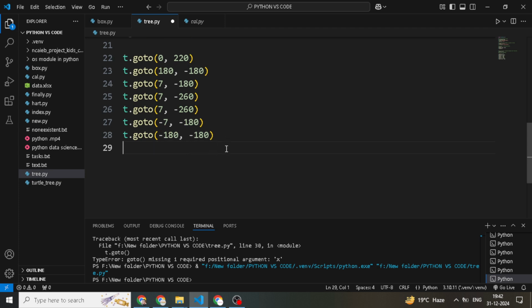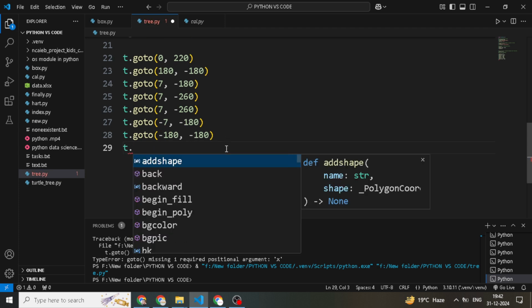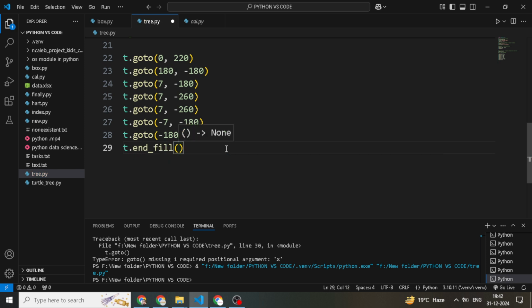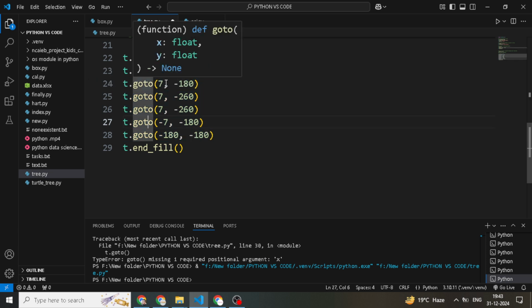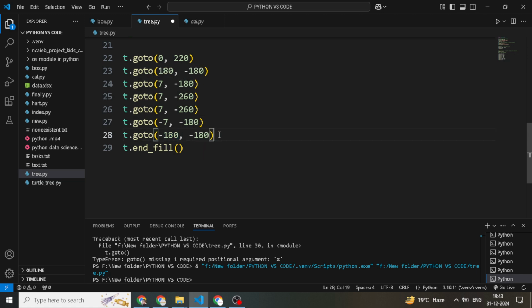So then t dot end_fill. Here 0, 200 for the top of the tree, then 180, -180 for the bottom right, and finally 7, -180 to -180 for the base.